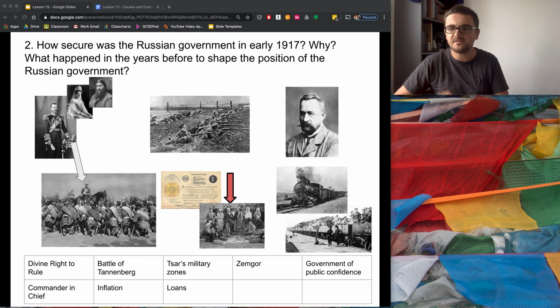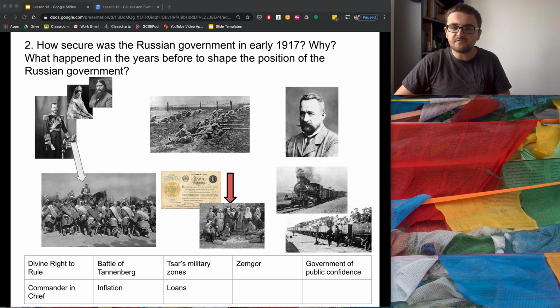You may remember, this is one fact that always sticks out when I think about this, that the Russian soldiers struggled with only 2 rifles for every 3 soldiers on average. Obviously putting the army in a really weak position, and meaning those soldiers didn't have confidence in the leadership of the country.